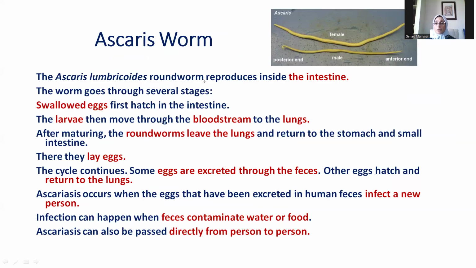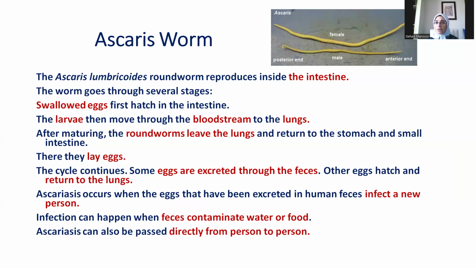The Ascaris worm is the roundworm. It again reproduces sexually by gametogamy or gamete formation. But here, the transmission of infection is a bit different. There are similarities with bilharziasis, which is sexual reproduction by gametogamy and laying eggs by the female and coughing due to the larval stage passing into the lung. But there are differences in symptoms and there are differences in the way of acquiring the infection.